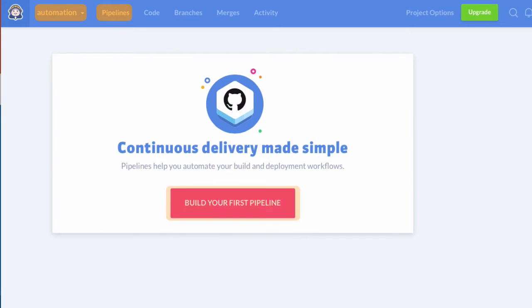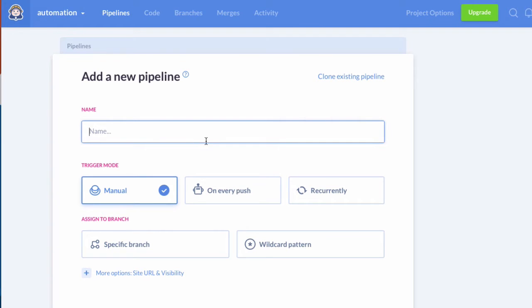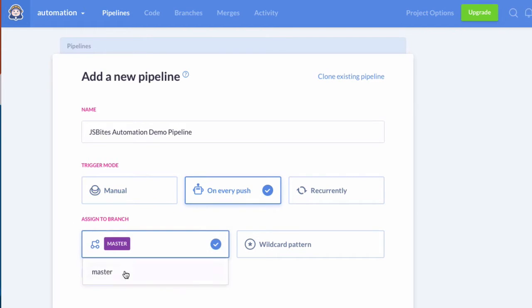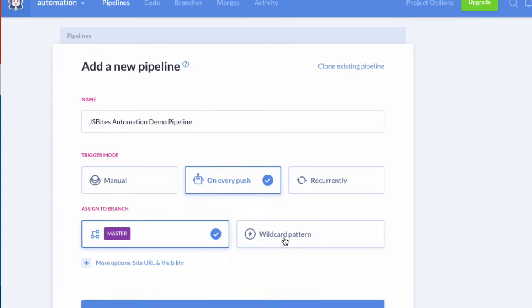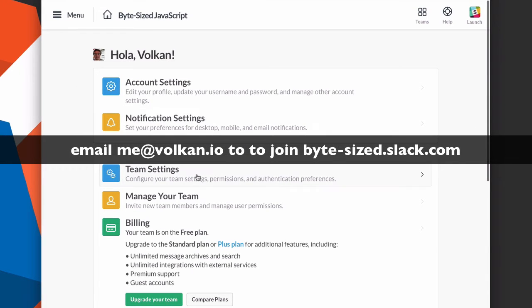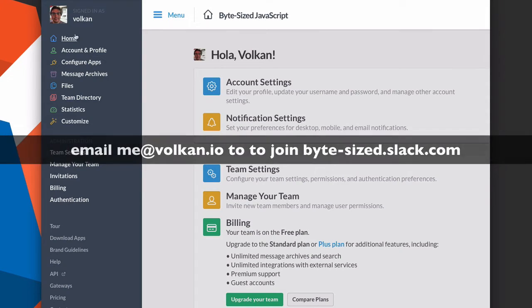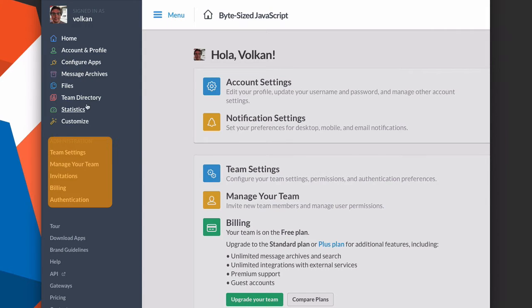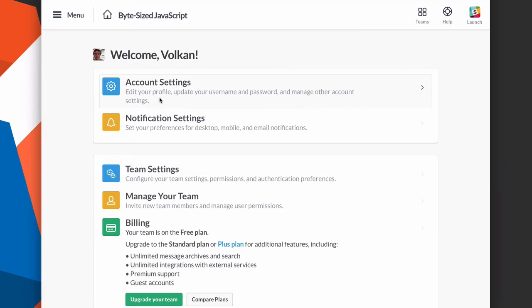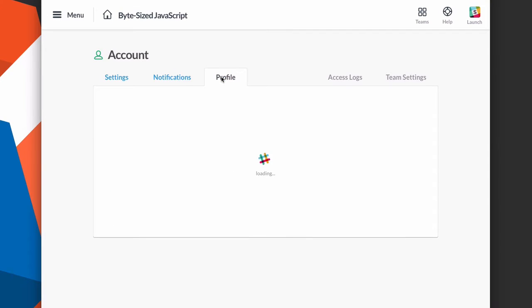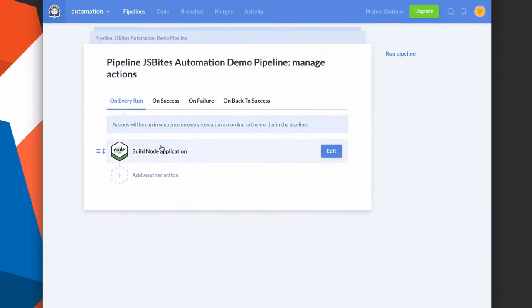We'll configure our pipeline so that whenever there is a merge to our master branch, we'll first publish the code to npm by automating an npm publish action, and then we'll send a message to the Byte-Sized JavaScript Slack channel. Yes, we have a Slack channel, if I forgot to mention. Anyways, before we begin setting up our integration, we should make sure that we are logged into Slack as an administrator account. Otherwise, the Slack integration might not work. And since we have logged into Slack as an admin account, let's go back to our pipeline and tap this